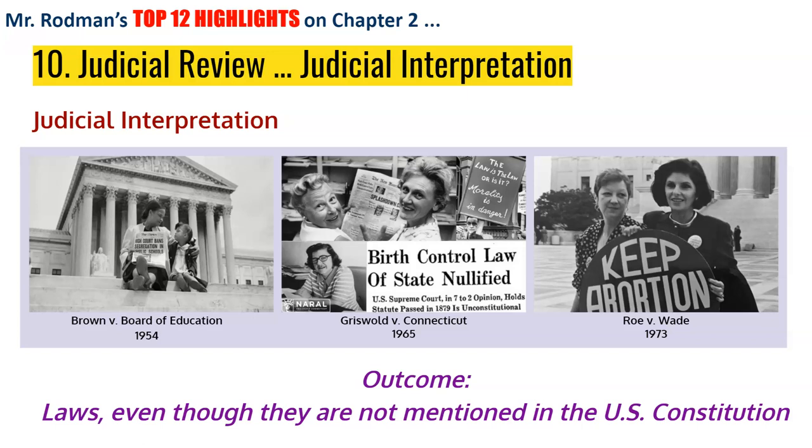Now we're seeing the judicial branch using these implied or inherent powers in terms of interpretation of the law, interpretation of the courts. We saw this in Brown versus Board. We went from Plessy v. Ferguson, in which it was an 8-1 ruling saying separate but equal was the law, to a unanimous decision in 1954 saying that segregation was unconstitutional.